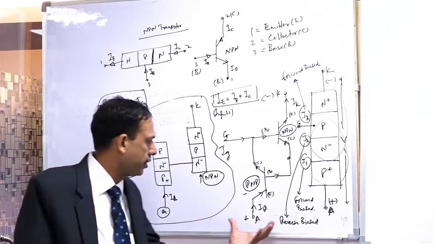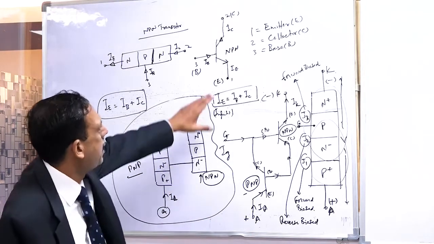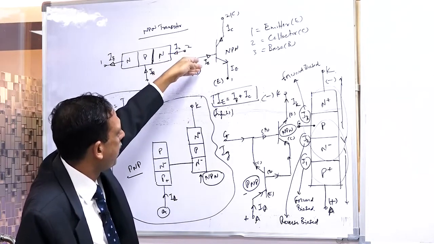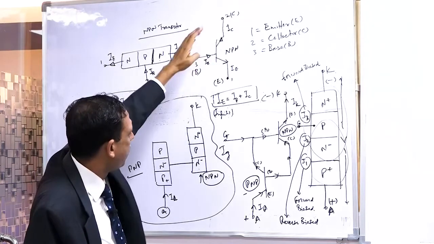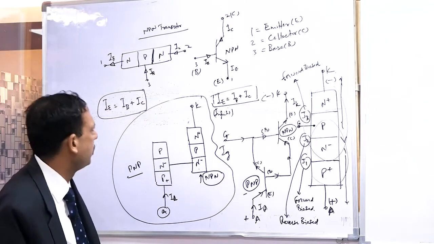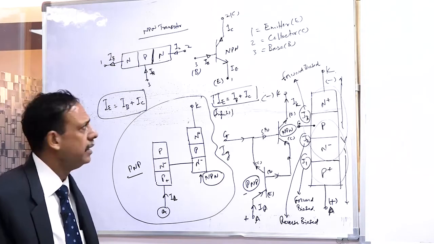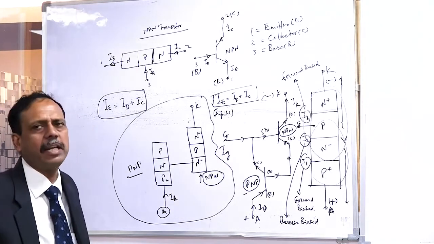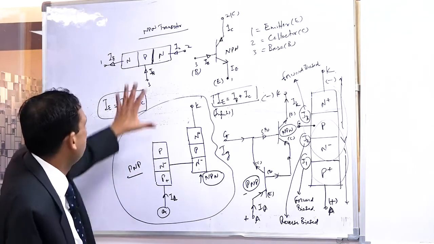Then only we are going to study this thyristor equivalent circuit. Very simple. In PNP it was inside, so both the base and collector were out. Here the emitter is going out, so both the base and collector are going inside. That is all we have done. I think Ramesh is clear to you. I presume it should be clear. It's very logical. If the emitter current direction is known, the base and collector current can be easily known. You can already write it. So this is about the NPN.